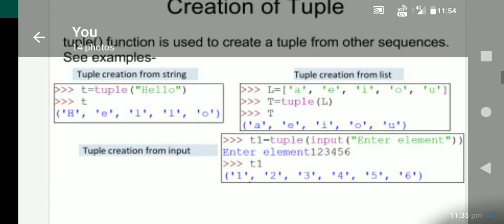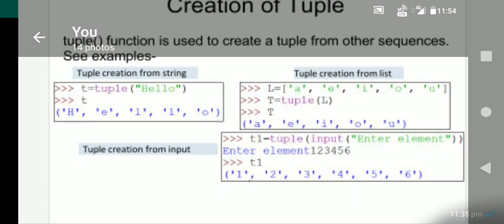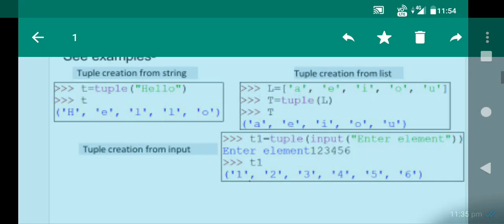Now another way to create a tuple, here I am writing L. This is a tuple creation from the list. Suppose you have created a list. Whenever we are making a tuple, we have to use the round bracket, but in case of the list we have to use the square bracket, as you can see here.